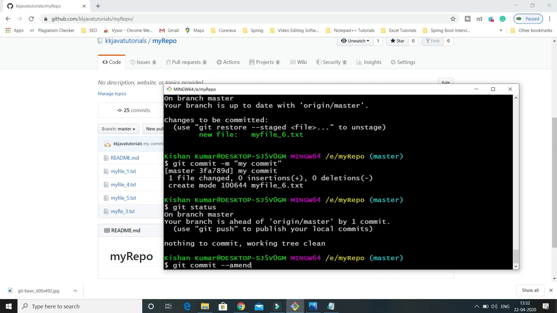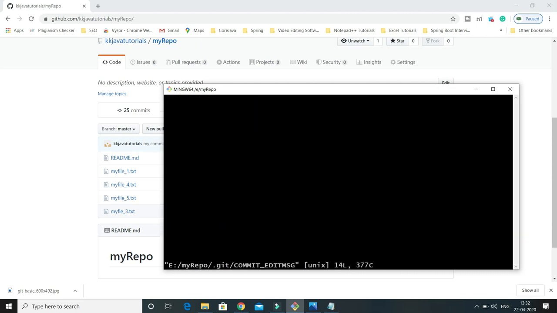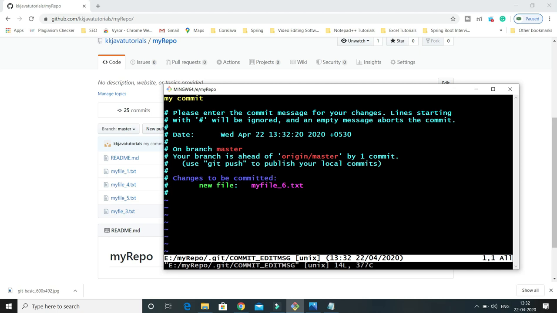You will have to write git commit --amend. This will give you the opportunity to amend your commit message. So here press Escape, then press I, and here you have the opportunity to change your commit message. So I would say my latest commit.